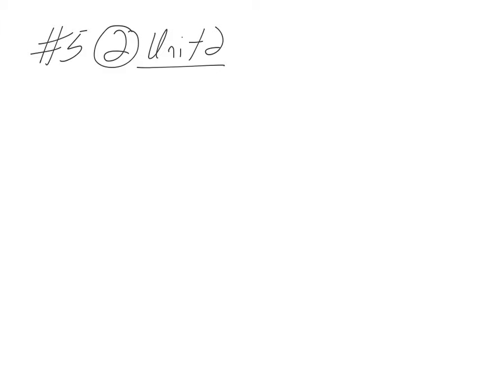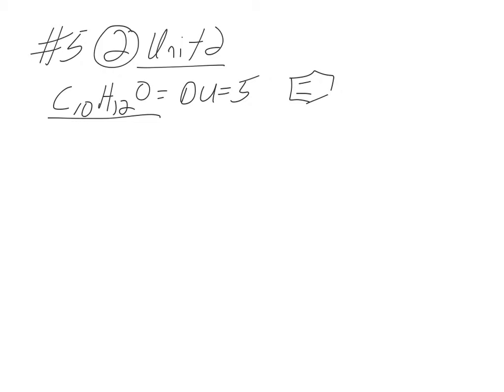All right, taking a look at our workshop, number 5. This is the second problem for Unit 2 from workshop number 5. It has molecular formula C10H12O. Degrees of unsaturation for that will be equal to 5. So that should be telling us we have a benzene ring, which counts for 4, so we still need 1 more left to go. If we get our IR,